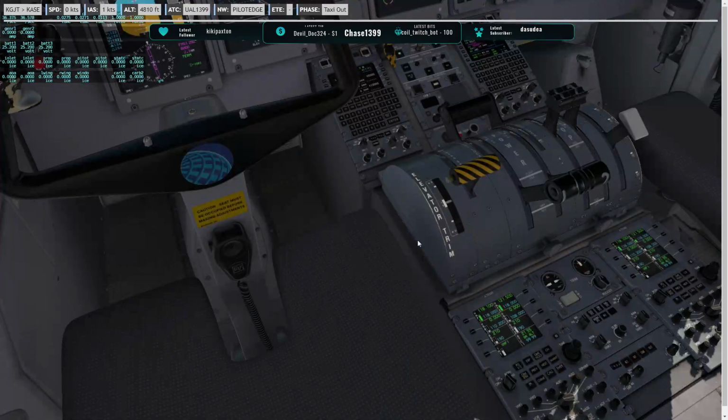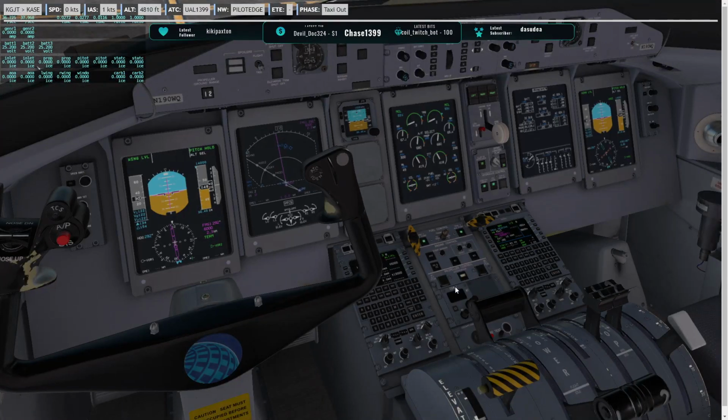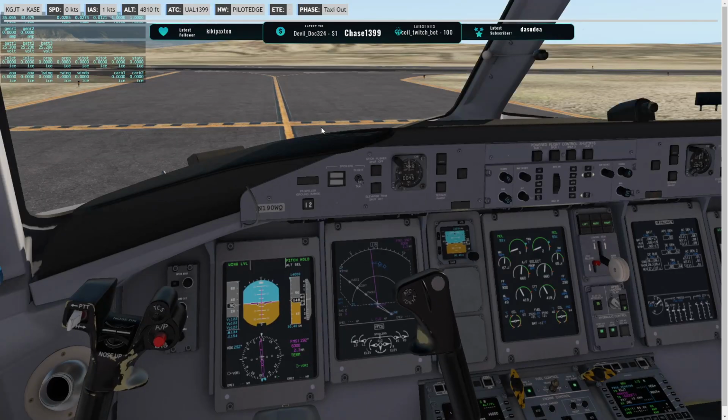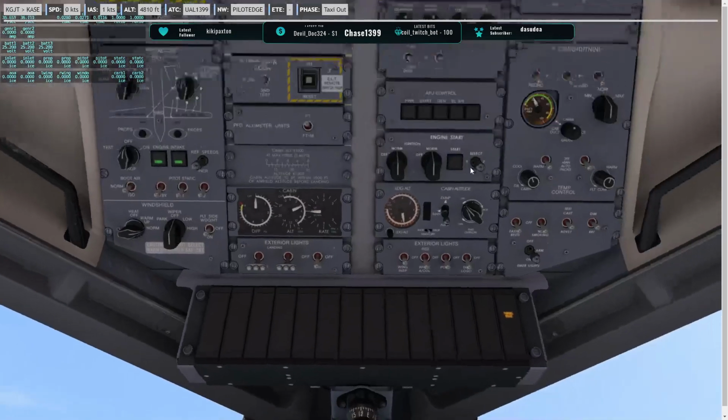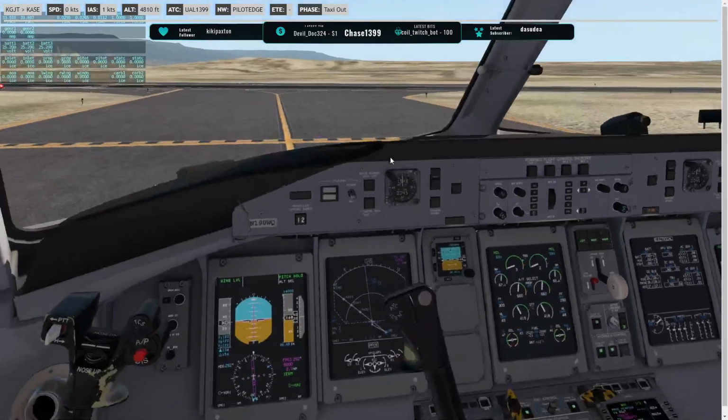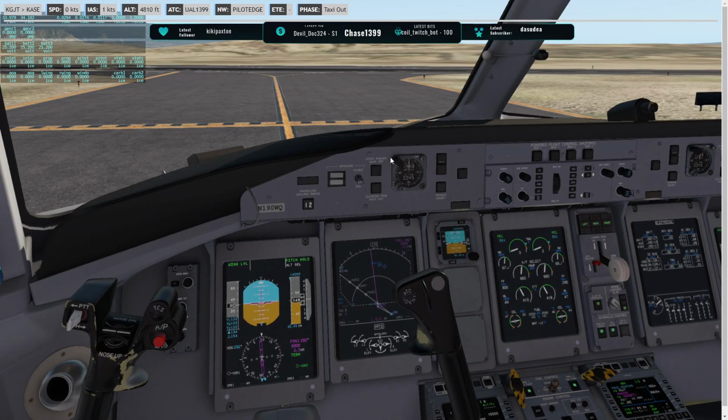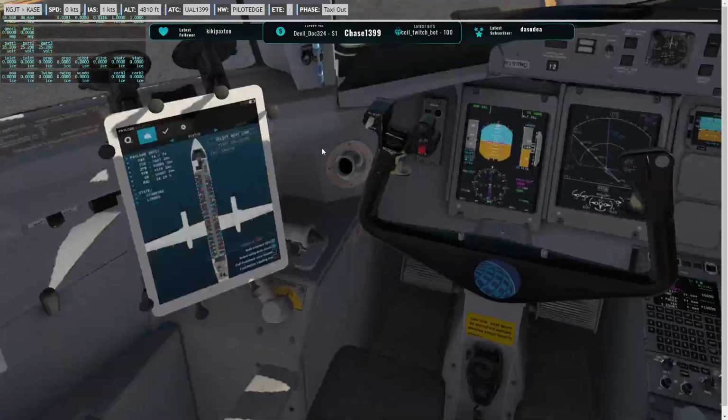Trim is 0. Free and clear. Bleeds minimum. Flaps takeoff. Props max. Altitude select. Vertical speed 2000. Arm heading mode. Takeoff config check would be